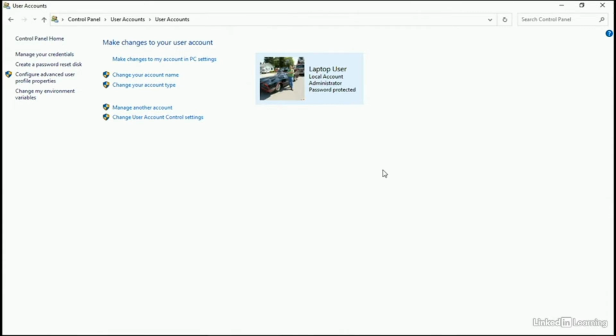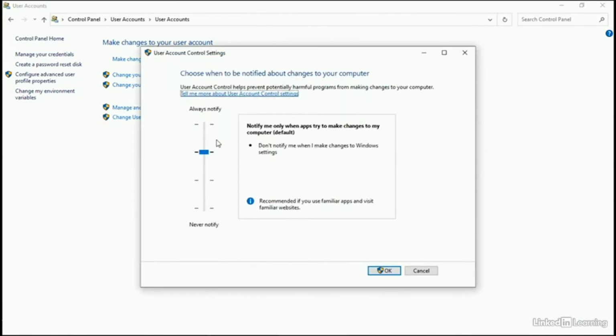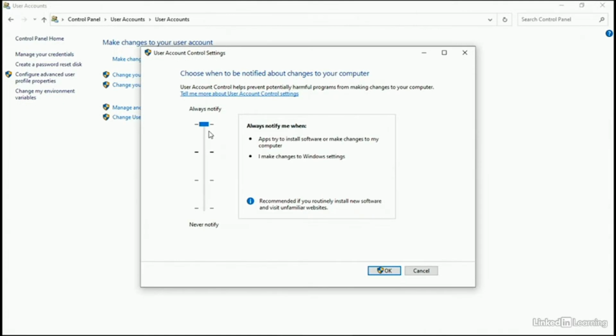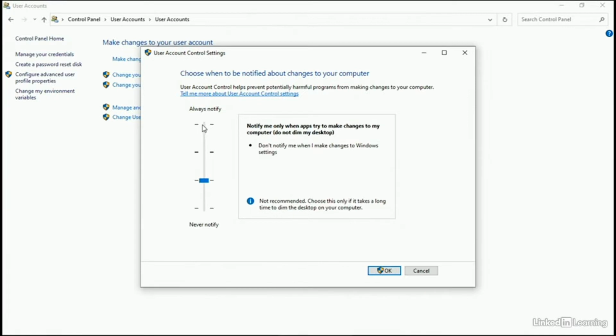To increase the security notices, you can modify the user account control settings. Click this item here. This slider icon reflects how frequently you will be bothered with the UAC warnings. You can choose the top level to increase notifications. I don't recommend that you set the lowest level. I believe this option is provided as a reply to people who don't like any warnings whatsoever, but the warnings do serve a purpose. For example, if you set the top level, which I'll do right here,